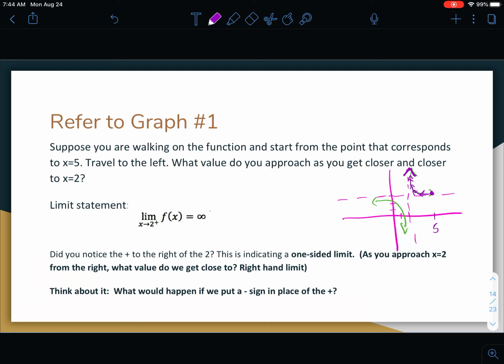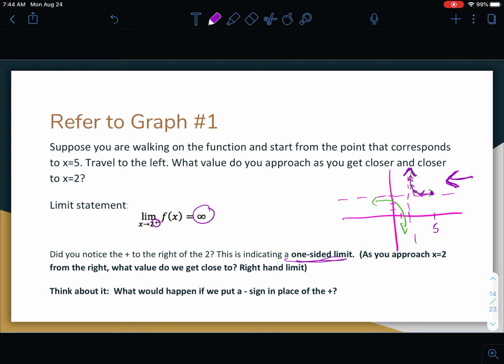We're getting closer and closer to infinity. So notice I came in from the right, and notice this little plus sign. This is a right-handed limit. So right-hand limit, this is what we call a one-sided limit. So the little plus sign to the right of the 2 indicates a one-sided limit. As you approach 2 from the right, so again, we're coming in from the right, what value do we